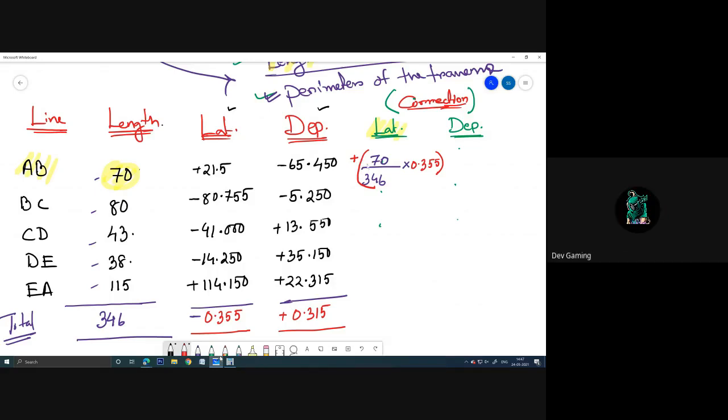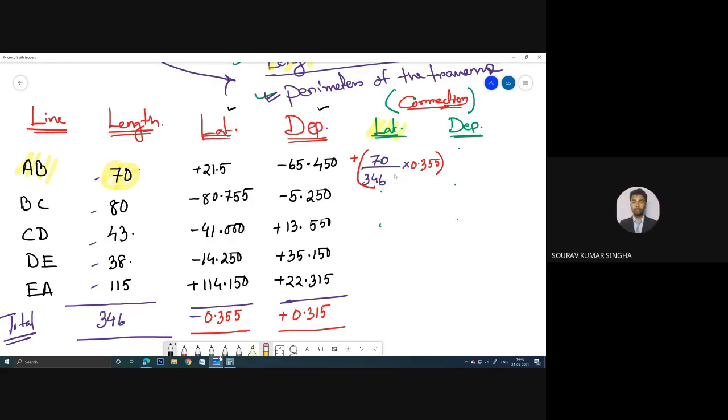Yes, sir. Okay, Devajyoti, Vedantika, and each and everyone, it is clear why I am providing positive here, because the error is negative. Now if you need to eliminate the negative into zero, suppose I have the error of -1, I need to go for zero. Zero will be the zero error, that means there will be no error. So how much value we need to add? +1. So here it is plus, that is why here it is minus 0.355. We need to add some value, that is why I have given positive over here. Is that clear? Yes, sir. Okay, great.